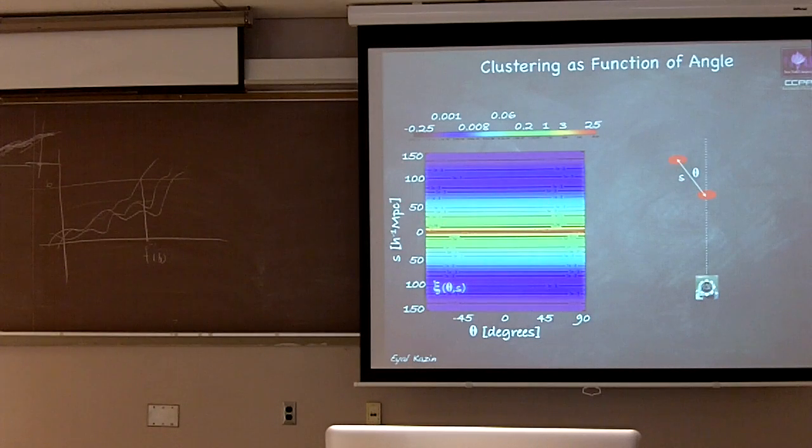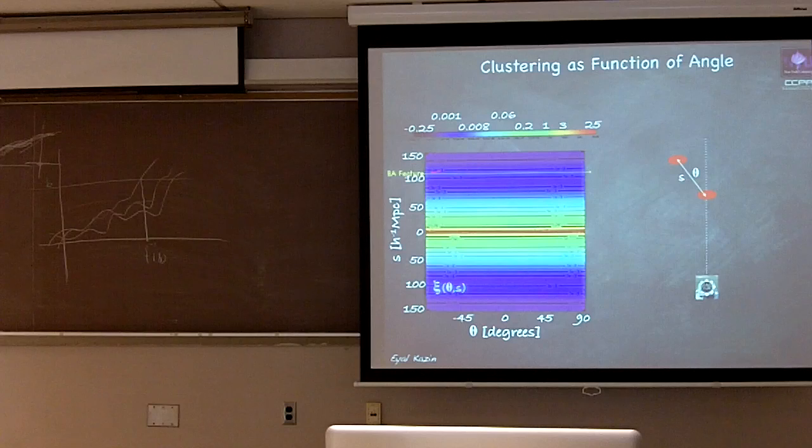And so what you're looking at over here is a very boring plot of what one would measure for clustering. This is a contour plot, taking the angle into account, so the y-axis is the separation, the x-axis is the deviation from the line of sight. Here you have strong clustering going down logarithmically, and the line of sight is at theta equals 0. The baryonic acoustic feature in this plot would appear as this stripe over here, because you're going down, you have a bump.